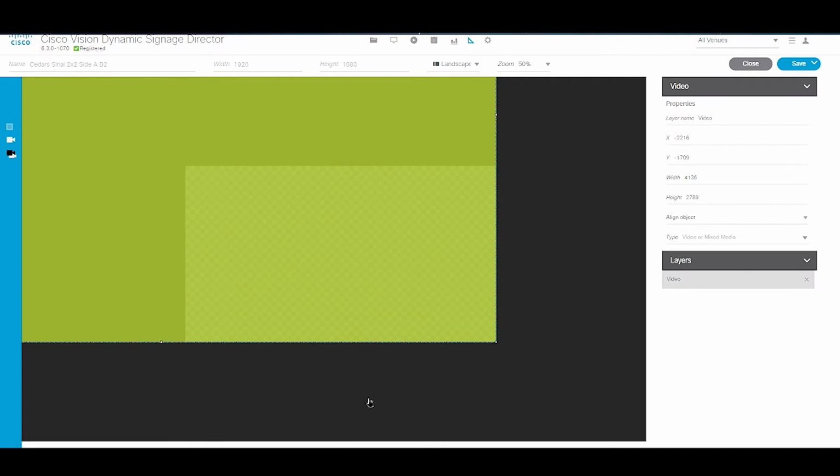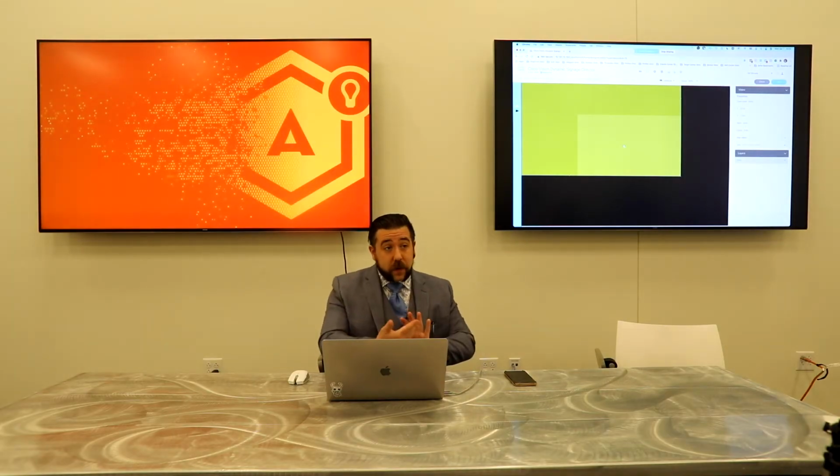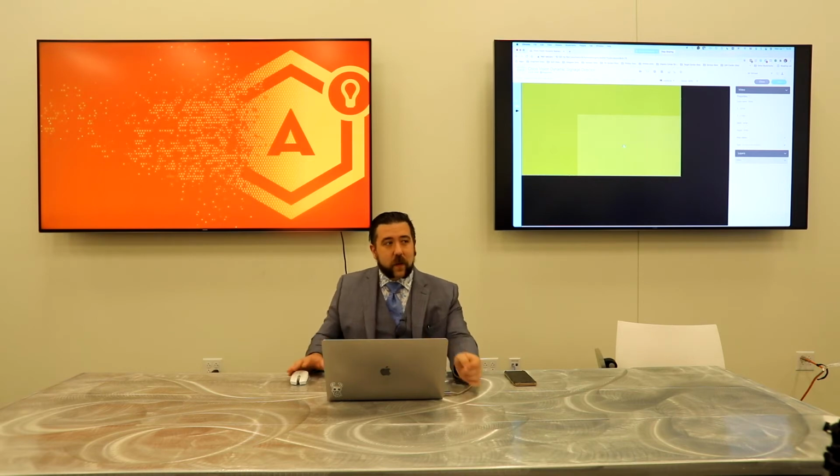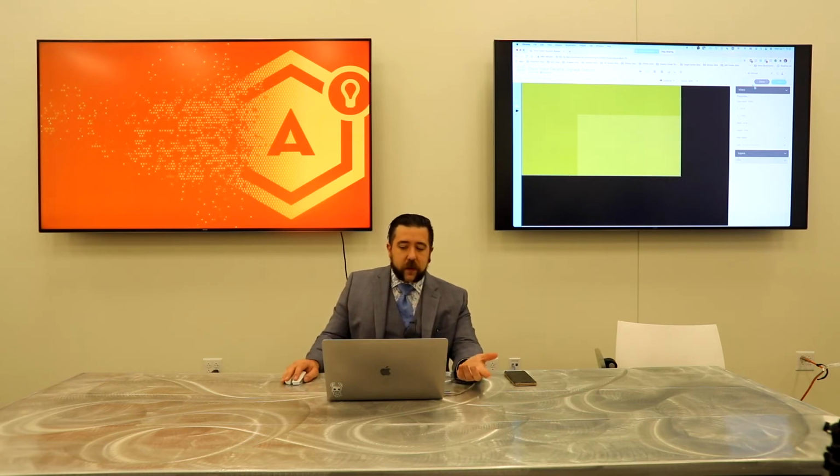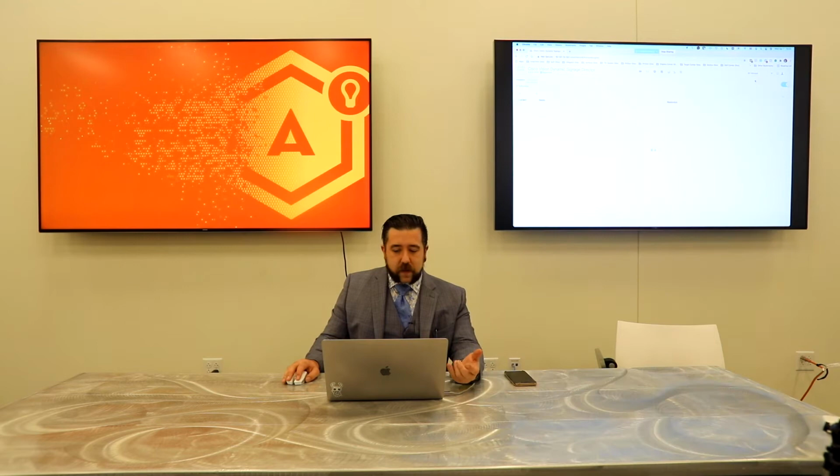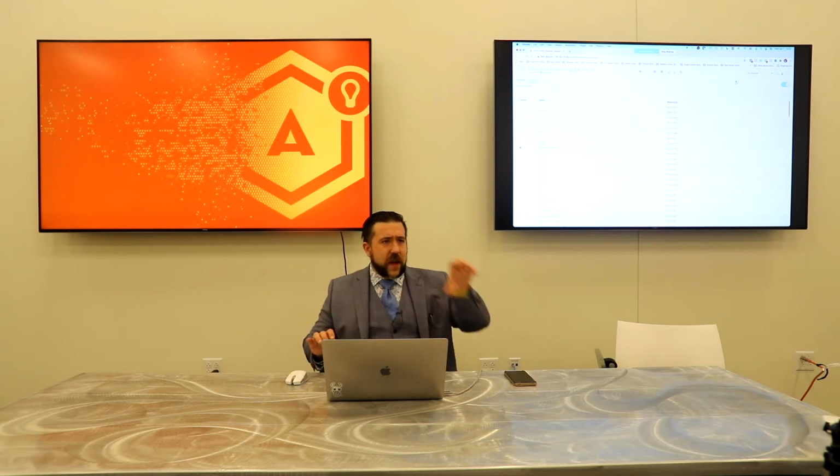Because the screen orientation on the A side and the B side are mirrored, you actually have to have 2 separate sets of templates because they're carving out slightly different chunks of the content depending on what side they're running. And then the same thing if you look at the 3x2, it's also just offset based on the positioning